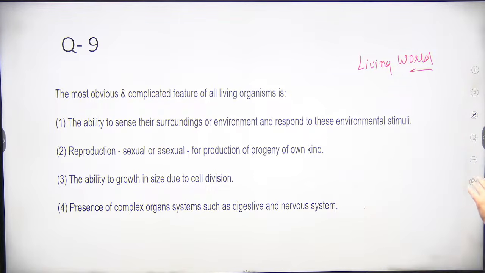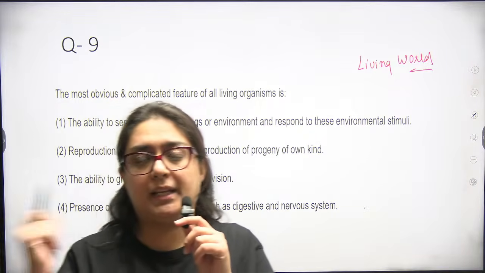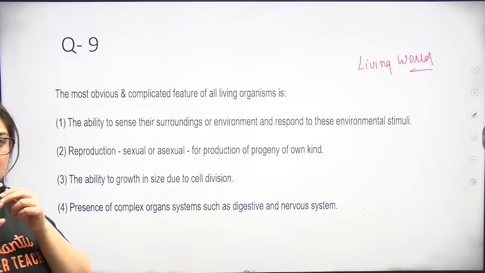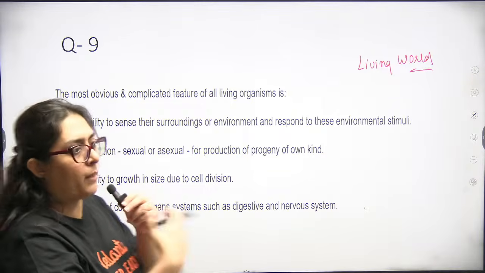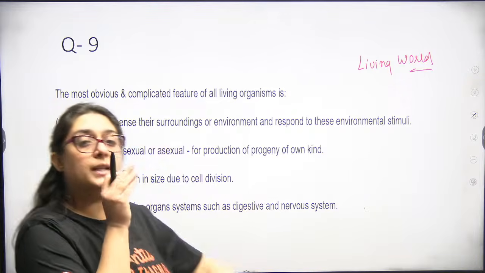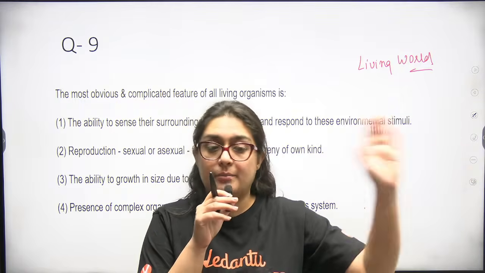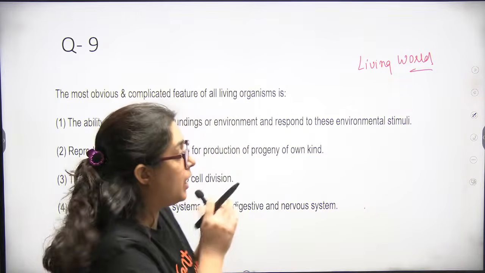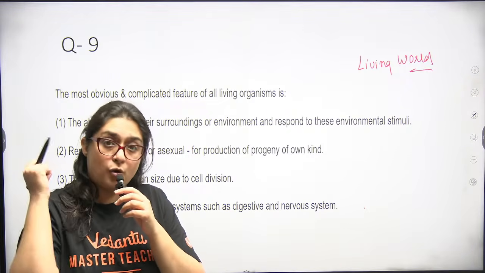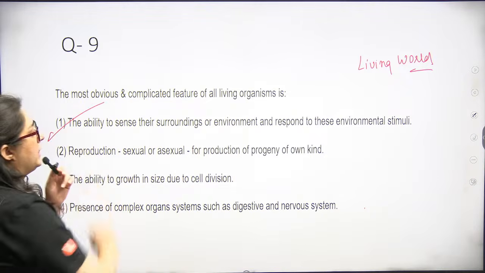Presence of complex organ systems such as digestive, nervous. Most of the organisms don't have such a complex system. They have only a cell aggregate system, or only a tissue aggregate system. The ability to grow in size due to cell division. Some non-living objects grow by deposition of other materials also. Reproduction, sexual or asexual. Exceptions are there. Some couples are still infertile. Some living organisms are still not able to produce babies. But the property of self-awareness and self-consciousness is the most defining.